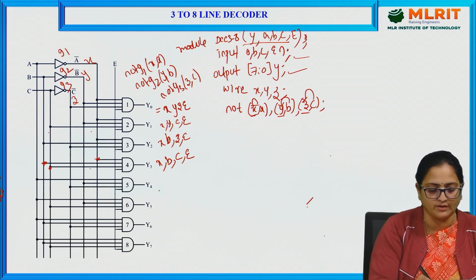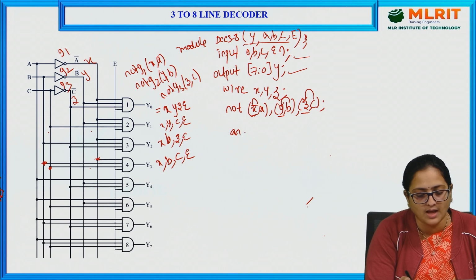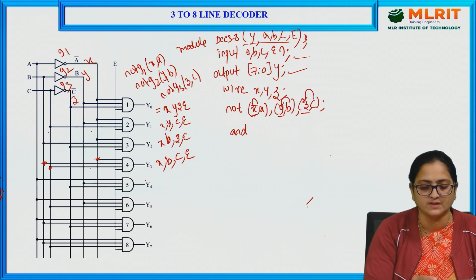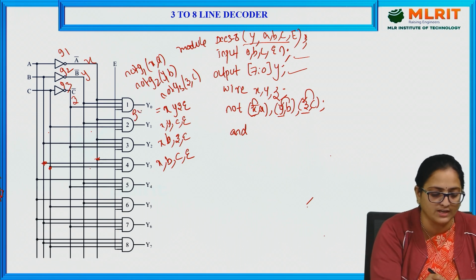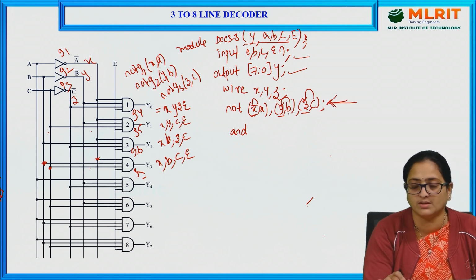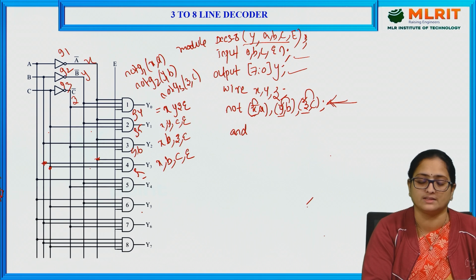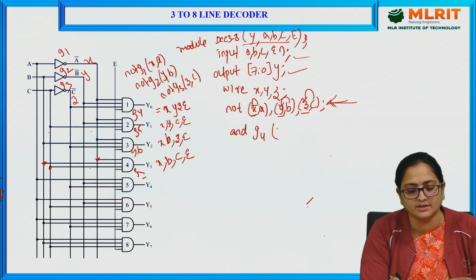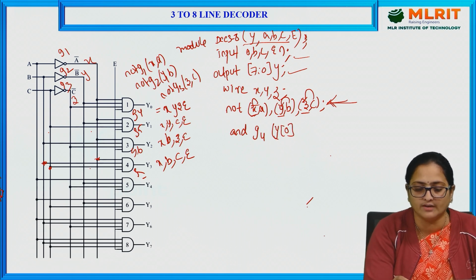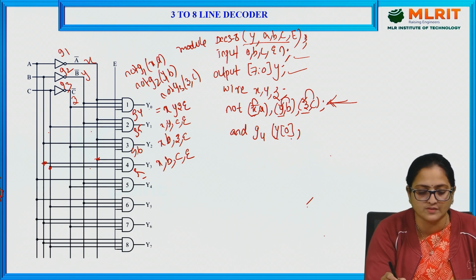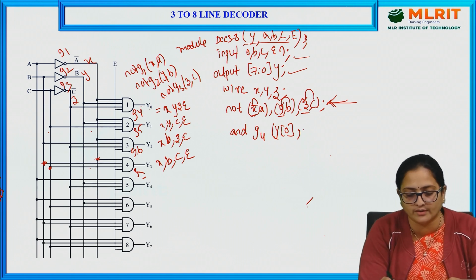Similarly, we can check for Y4, Y5, Y6, and you can call AND as a primitive readily available for these gates. If you want to repeat for a number of gates, you can write a number of gates. You present the gate names as G4, G5, G6, or similarly, you can write a single primitive to write all the 8 gates. Here, for example, for AND gate number G4, output is given with Y of 0 because I have taken from Y of 7 to Y of 0, comma, and the inputs connected here are X, Y, Z, enable.